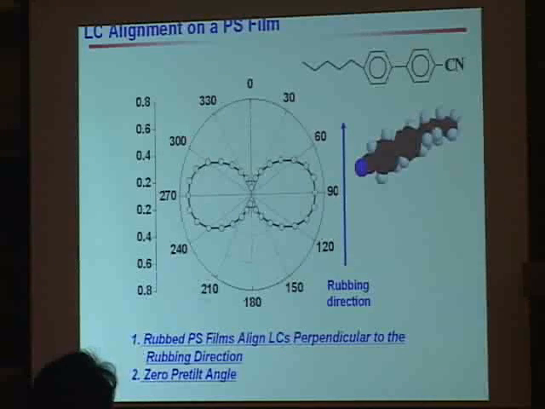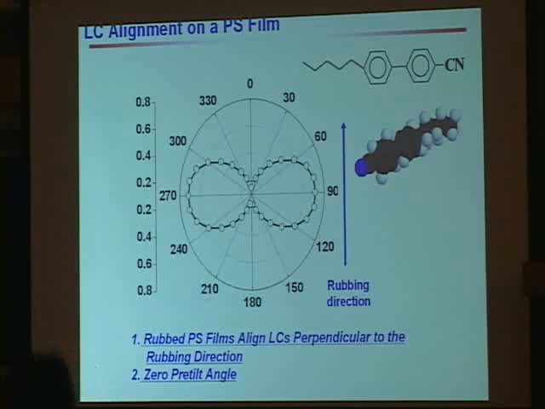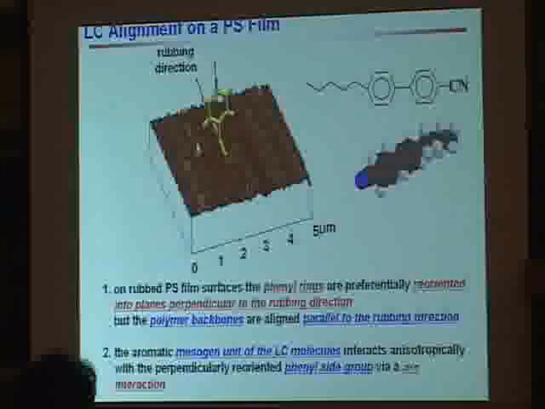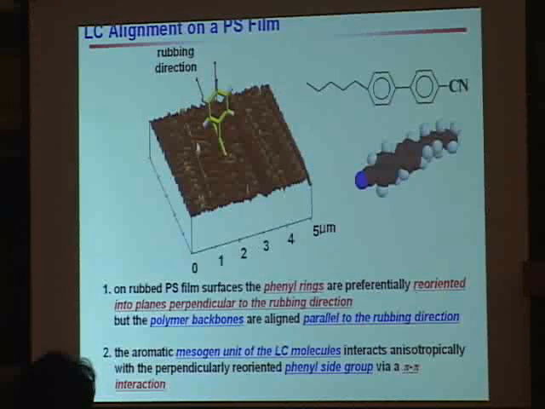And we fabricate the liquid crystal cell and measure the liquid crystal alignment behavior. As shown here, we use the 5CB liquid crystal. The liquid crystal is aligned perpendicular to the rubbing direction with a pretilt angle. So conclusively, I can conclude one thing: on rubbed polystyrene film, the